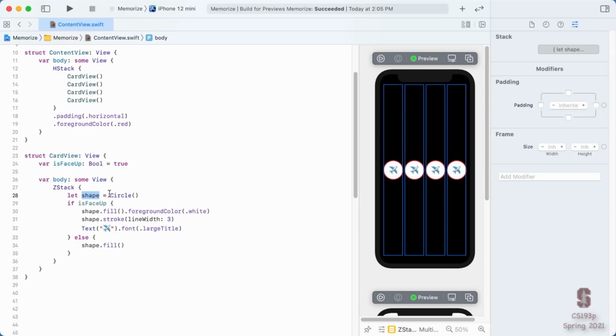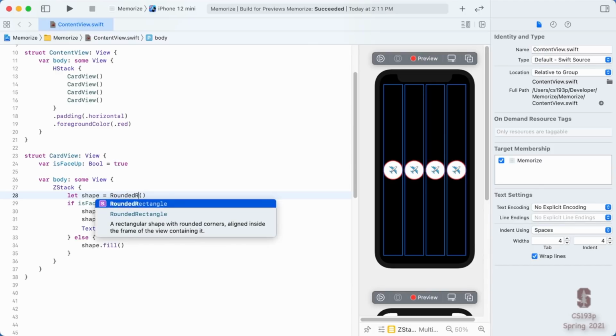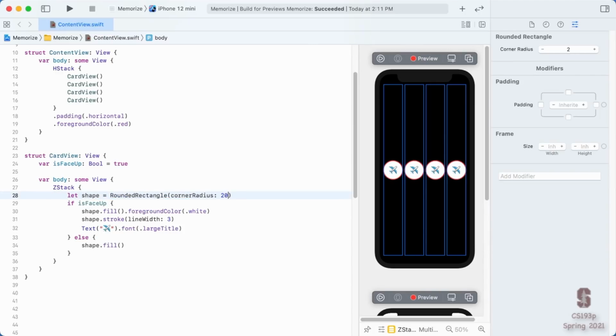You're going to hear me use the word infer when I'm talking about types a lot in this course. And inferring a type just means that Swift is going to look at the context that this thing is in, and if it can, and most of the time it can, it'll put the type in there for you. So we do not put these explicit types in there when Swift is able to infer them. Let's go back to rounded rectangle.